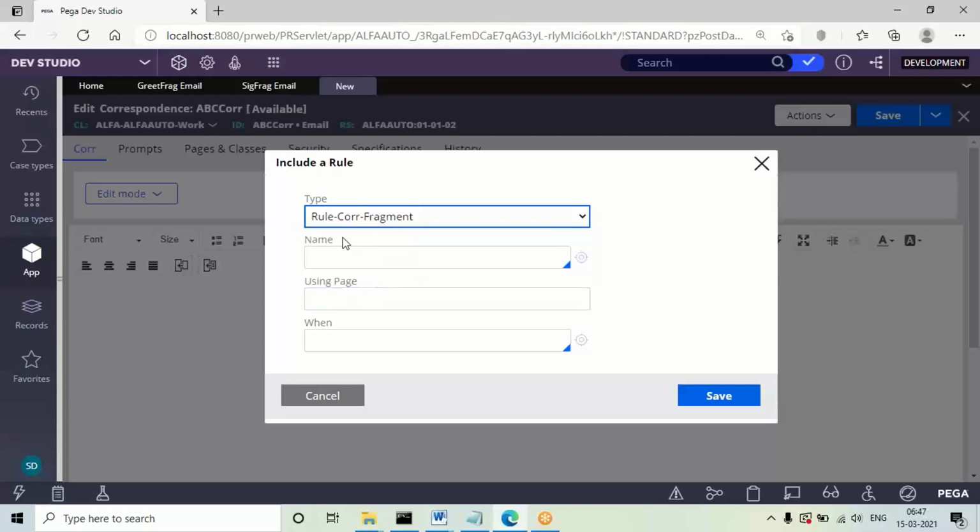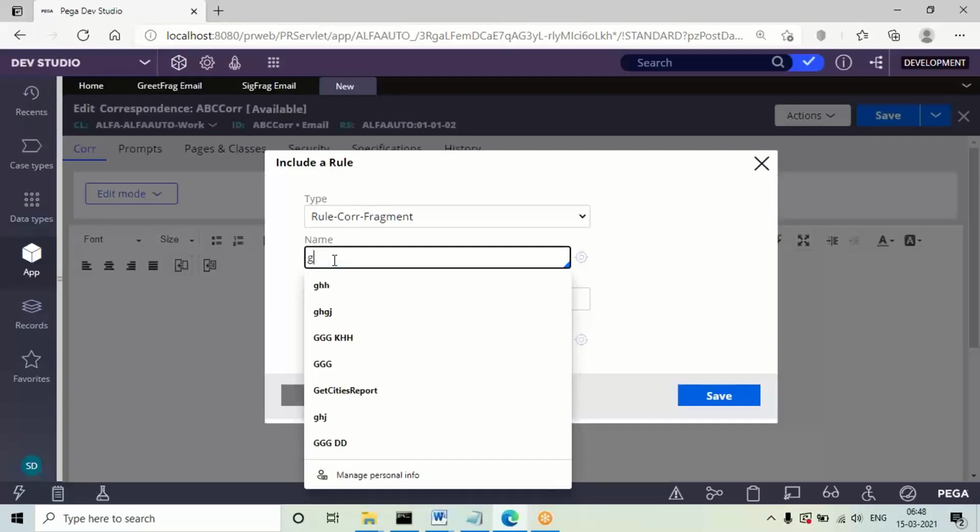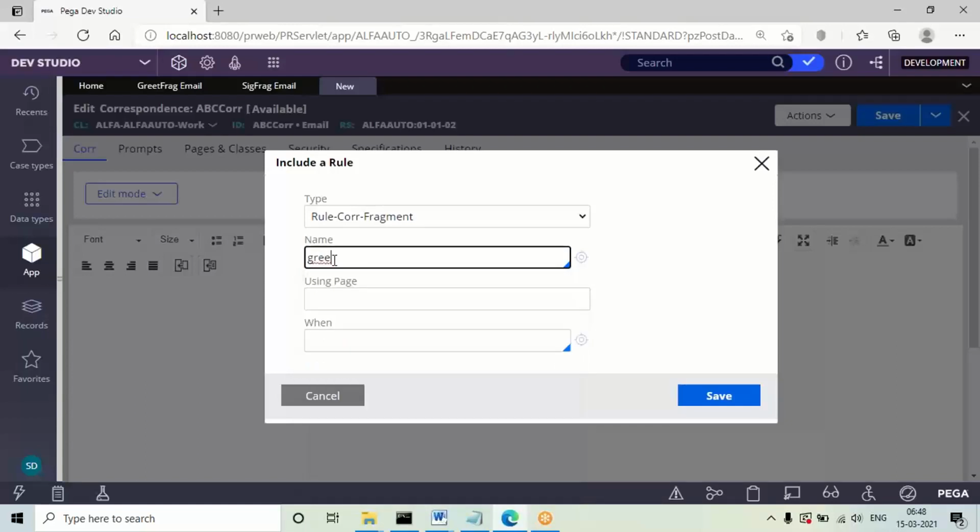So now we are calling the fragment rule. If you want to include the page, you can include it, not mandatory, but you can add your page.